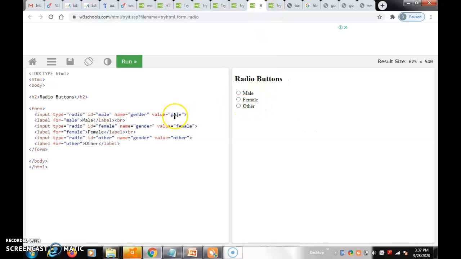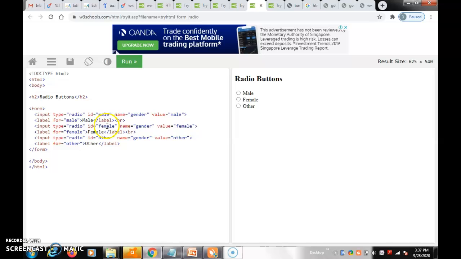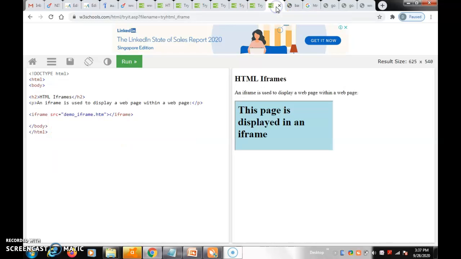So here radio button. Here many radio buttons are there: male, female and others. Radio button, no color specified. So automatically, if you click the corresponding radio button, that data is stored in the database. Here iframe. In the previous class we discussed frames. So here what will happen? Frames are used to display a page within a page. Iframe equals, here you specified some HTML file, demo iframe.html. So within the frame, whatever information